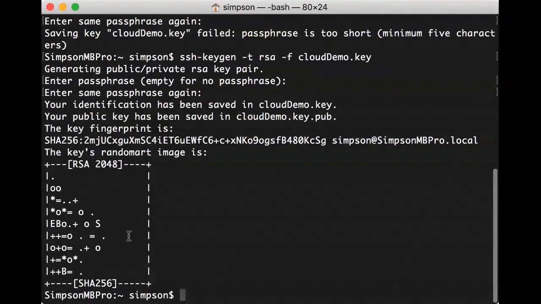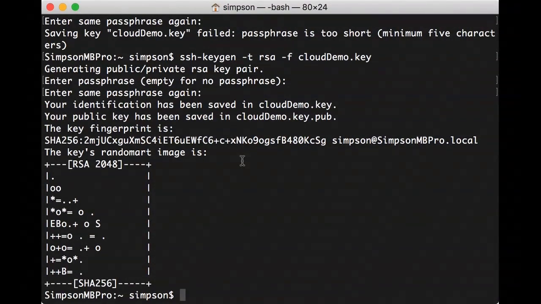You also get this little randomart image, which is a representation of that key. It's supposed to be unique for your key. We have a fingerprint for our key. It's a very short version of it. I need to do 2 things still. One, I need to check and make sure those keys were built. Then I need to look and see my public key.